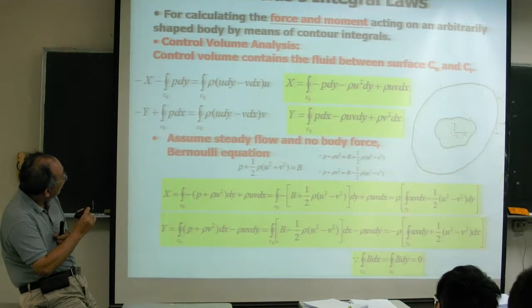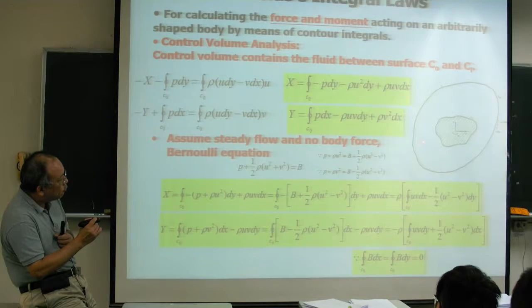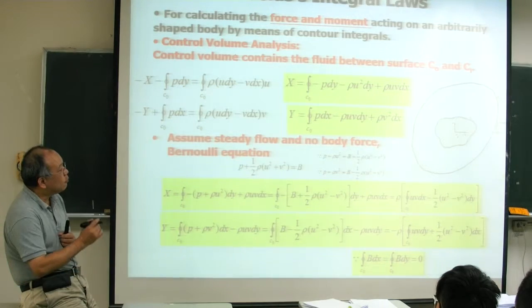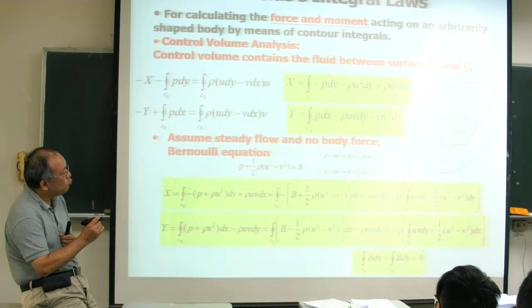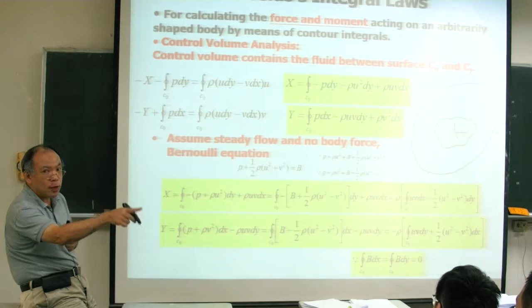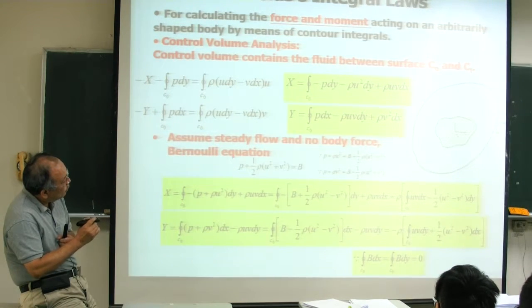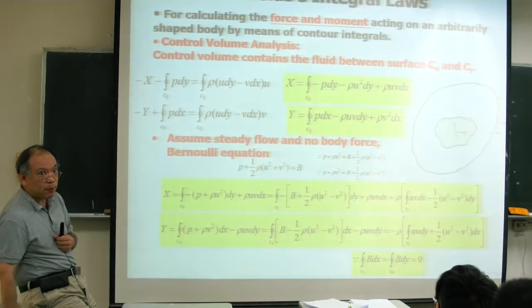And this x and y will become what? The force acting on the object, right? 对，这个地方我们变成是 x 就是的物理意义就是流体作用在这个物体上面的力量。当有个流体流过去这地方的时候，它作用在这上面的多少力量